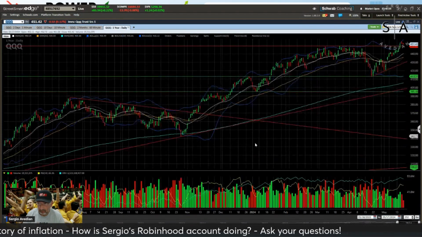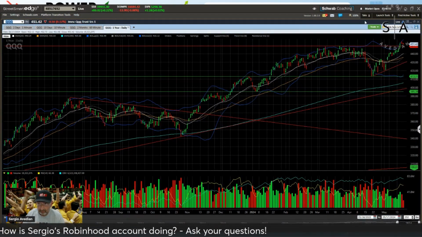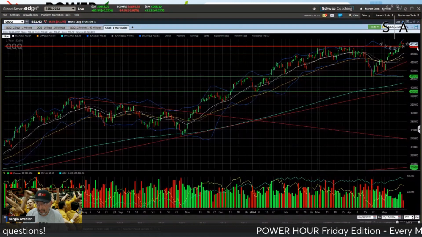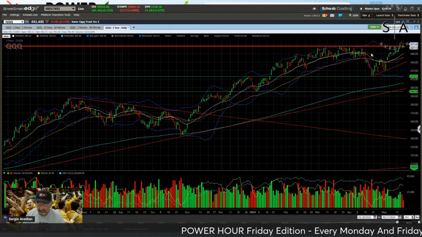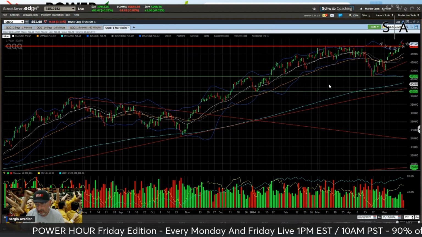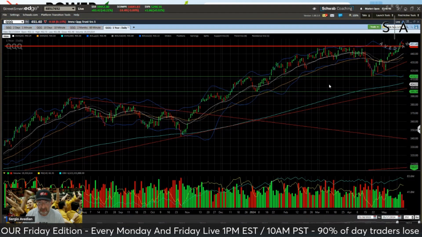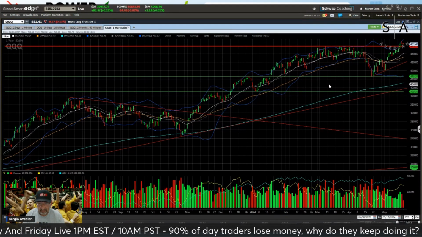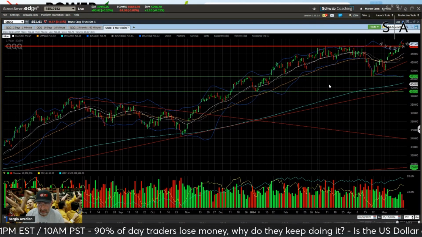This is the triple Qs, same story. Uptrend, massive uptrend. It's been going on for a while. This was the old high. We broke right through it. Now there may be a point where it pulls back a little bit to where it broke out of, and then continues the uptrend. I just trade what I'm given. I'm not going to guess. I'm not going to take a shot at things that are not there. I see what I see.